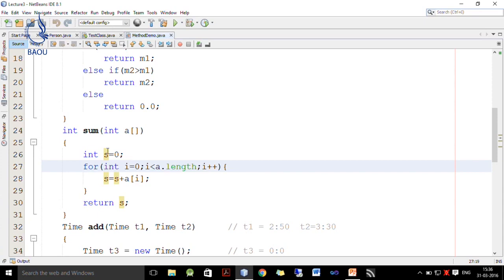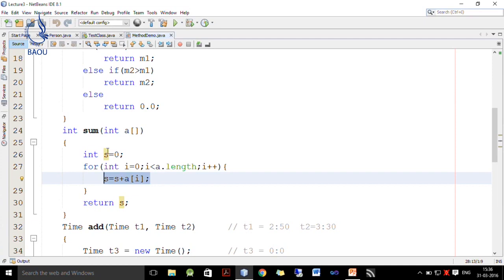Now, we know that array index always starts from 0 and the number of elements is represented by a.length. So, I write i is equal to 0, i less than a.length, and every time i is incremented by 1. Now, what I want to do is add all the elements of the array inside S, which is represented by a of i. So, I write S is equal to S plus a of i.